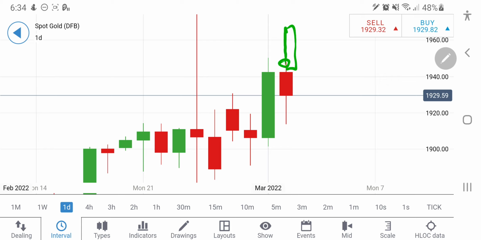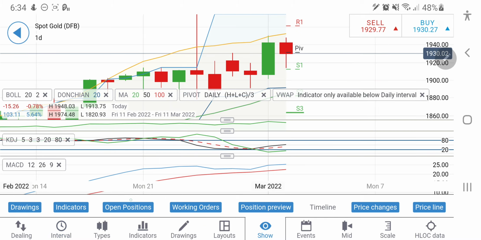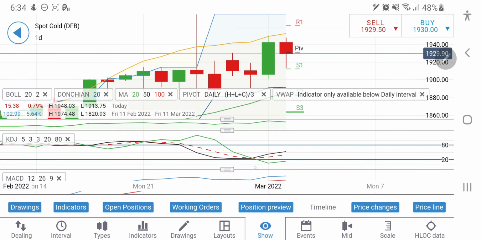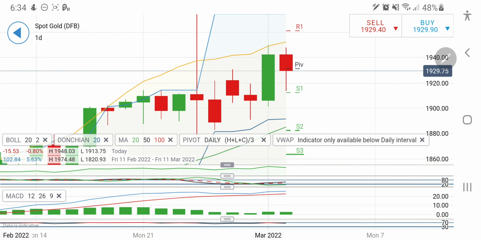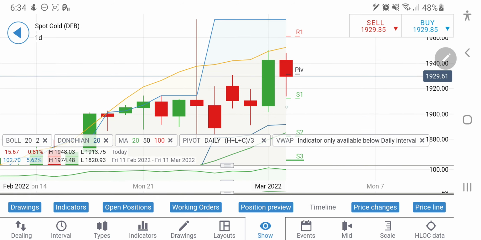So yes, you can go long beyond 1931, where you can expect it to rise higher. Now let's have a look at the indicators here. Indicators on the daily charts: gold stochastic is trading at the bottom, and look at this, the pivot here at around 1912 has definitely supported it well, and now it is trying to rise. So once it goes past this pivot at 1931, possibly it may rise,